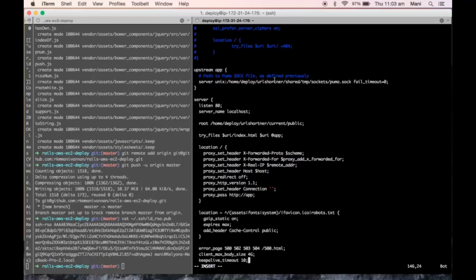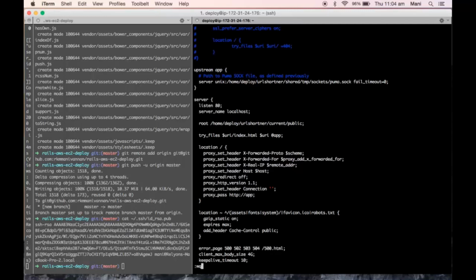Here you can mention your server details. Here deploy is my user, the path of the user on my server, and url-shortener is my project name. So here also you need to mention the path of the user and the project folder name. This is a very important step. Now everything is done.